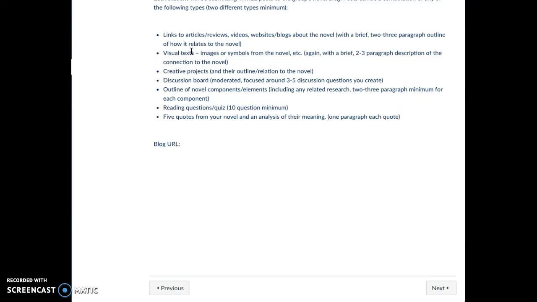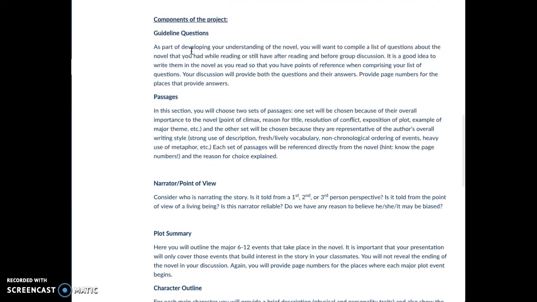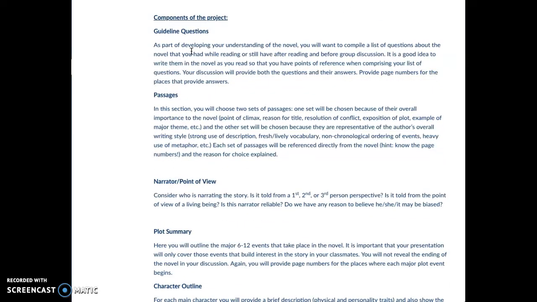So I'm going to go and ask each member their own question, and then I'm going to ask some questions that anybody can answer. Everybody doesn't have to answer, but anybody can answer. So, the questions I'm going to ask the group are based on these different components. So, whether it's guideline questions, so I'll be asking